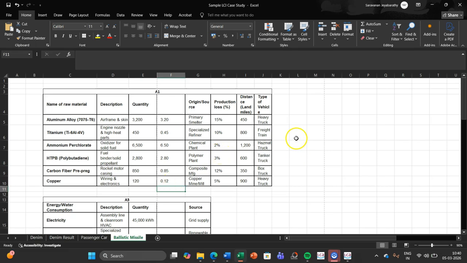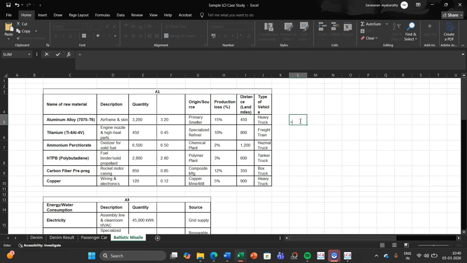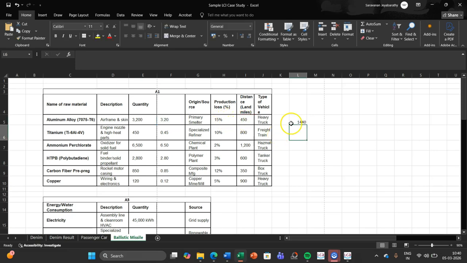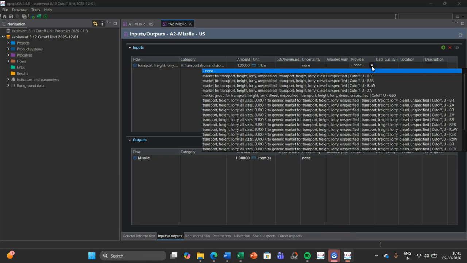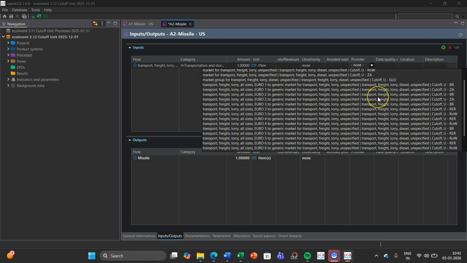Okay, nice. So this value and this value has to be multiplied. Okay. That's all. Right. Okay. So in the provider, if you see whether we have a US data, no, actually,